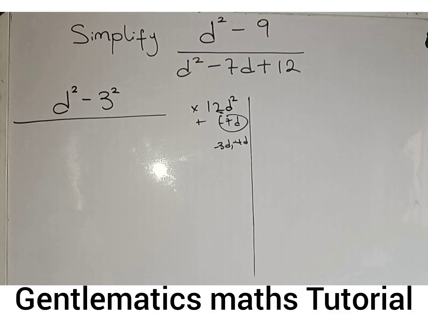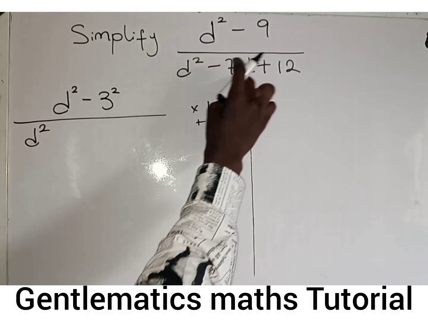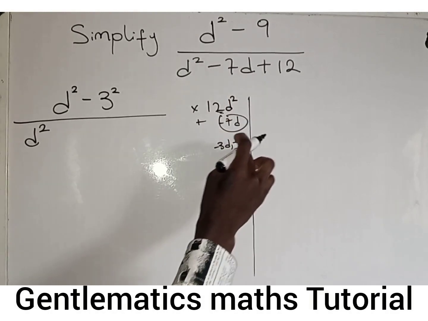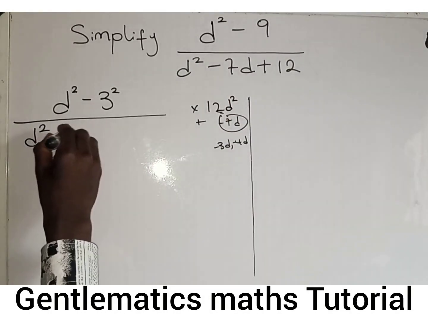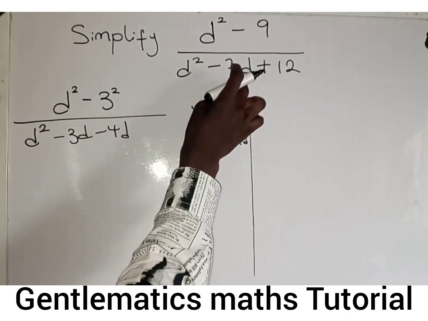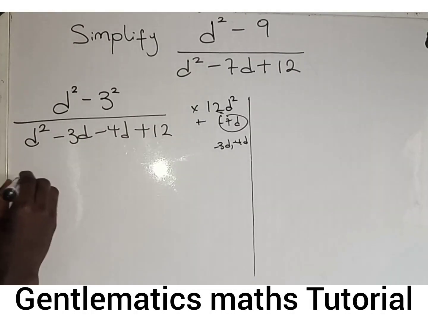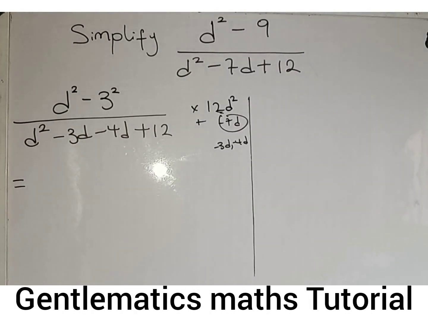So we continue now. D², instead of writing this −7d, you replace it with the two values you got, −3d − 4d, because this will still give you your −7d. Then you complete it with your 12. So this is equal to, remember your difference of two squares,